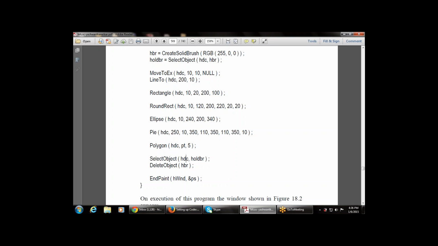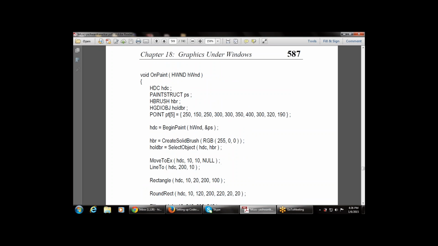Then in the next line there is again a function, delete object, for deleting the shapes. And at last there is an EndPaint function that is used for stopping the program. There are the same two arguments, hWnd and &ps. Then this curly brace closes the OnPaint function. So this is the OnPaint function that is different for drawing the shapes, otherwise every program is the same